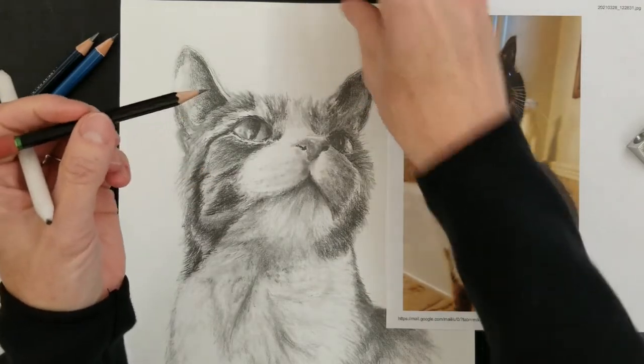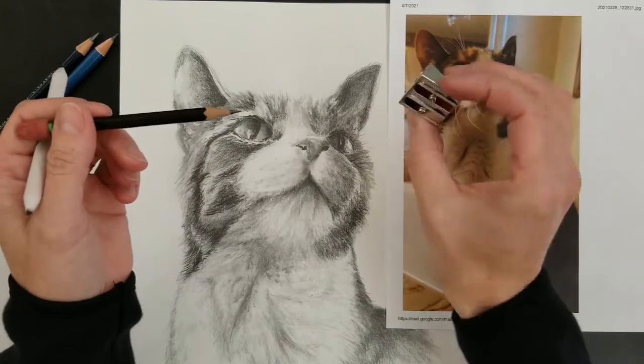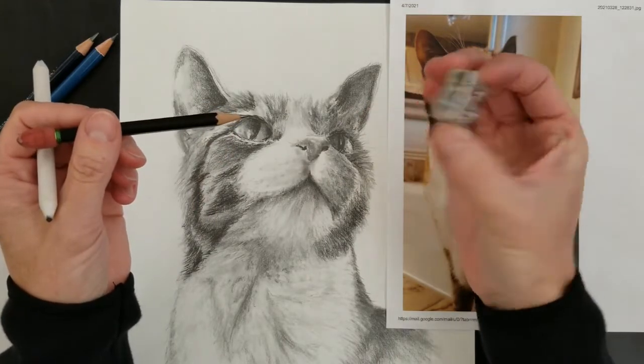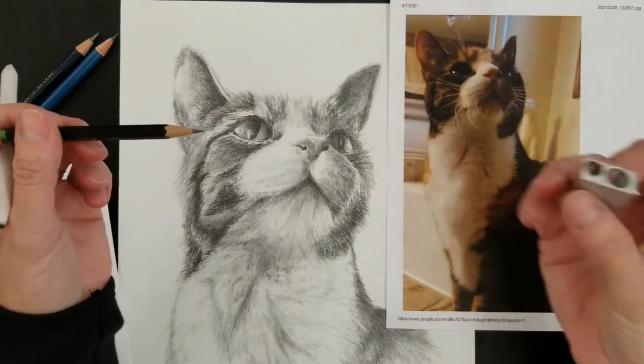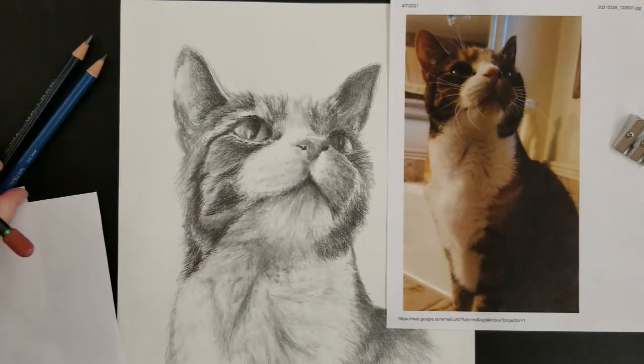Okay, so you want to make sure you have a good sharpener as well. I like to have these handheld sharpeners because I think that these work the best, really. So this is my metal handheld sharpener. All right, so going in, I want to have